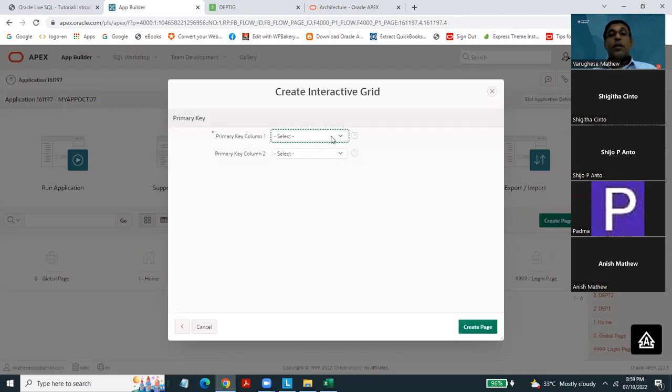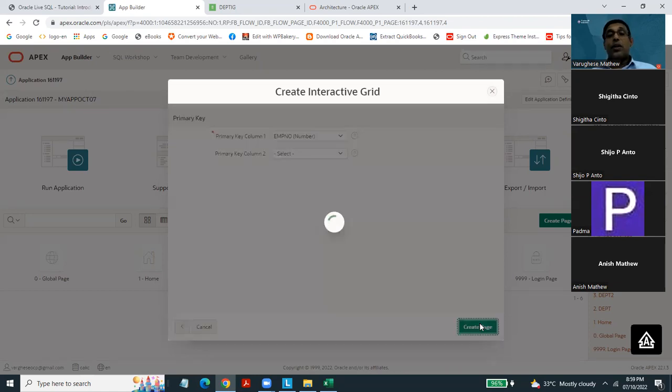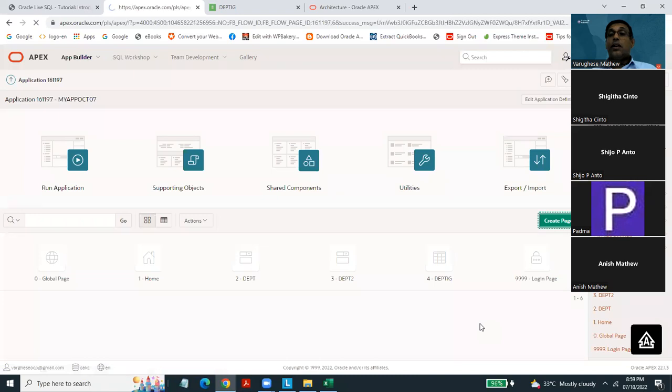I'm selecting the primary key because the employee table has a primary key, but I will check it out. If it is not defined, then we can define it. But for the time being, I'll put the primary key as employee number. And